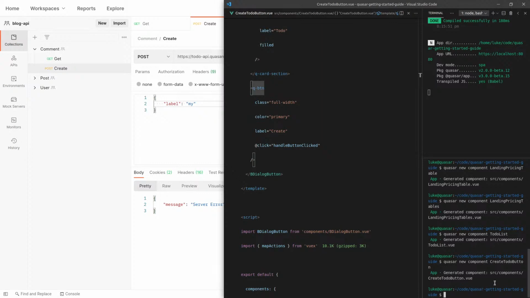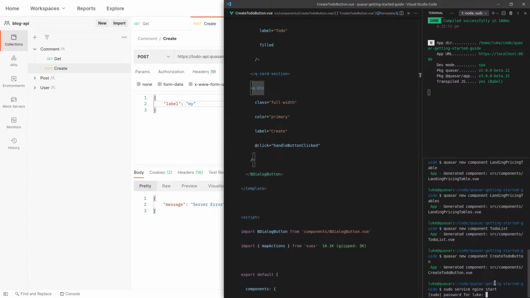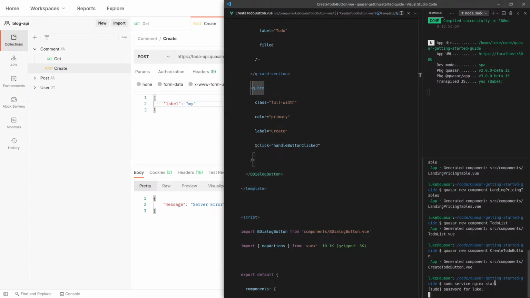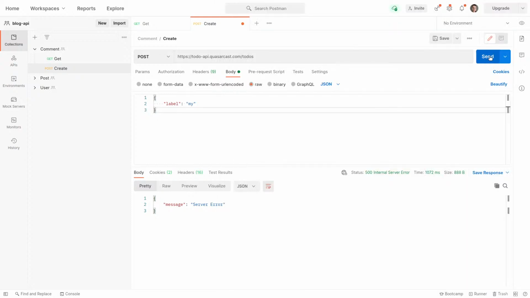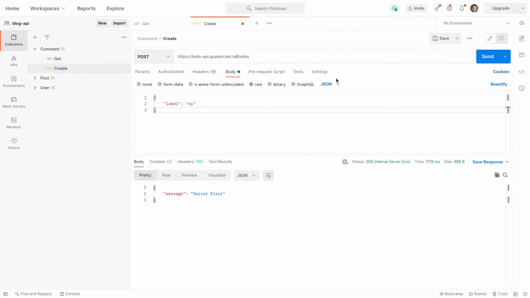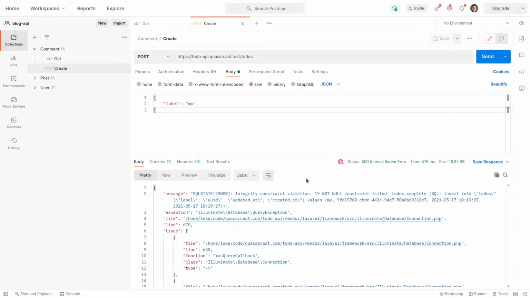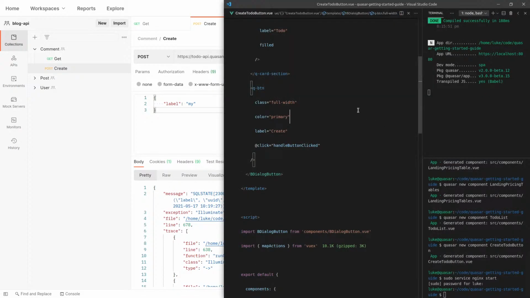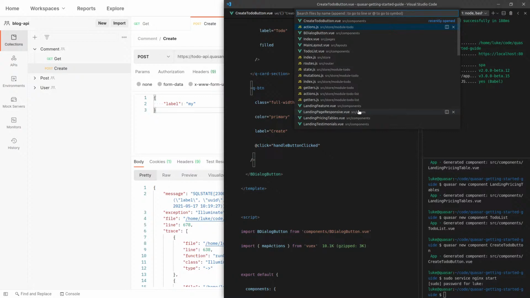I probably need to start up sudo service Nginx start. Let's start Nginx. I reckon that's probably the issue. Oops, let's make this .test, and now we can get a deeper error, hopefully. Ah, so I do need to include to-dos complete. All right, that's not cool. By default, complete, let's go to create,